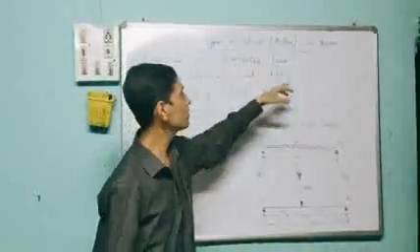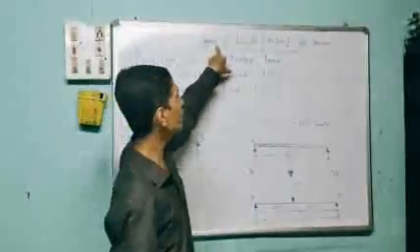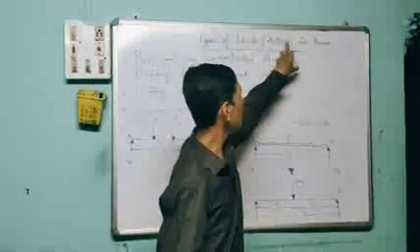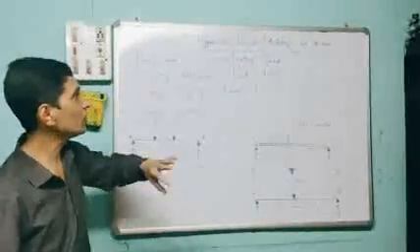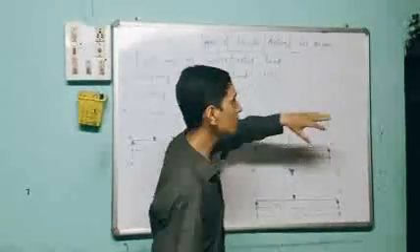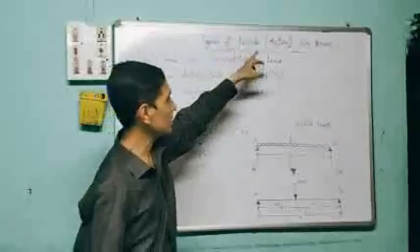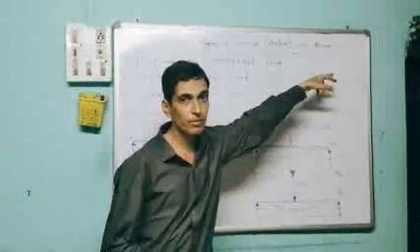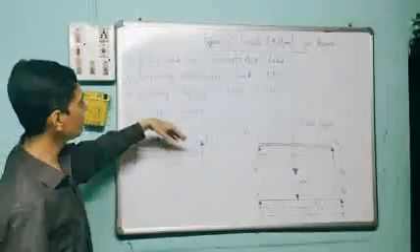One of the topics today I have selected is what are the different types of loads applied on the beam, or what are the different actions applied on the beams. We already studied in the last video what are the different types of beams used in constructions. Now today we are looking at the different types of loads or actions applied on the beams one by one. There are different types of loads applied on the beams. We have listed some of the loads here.